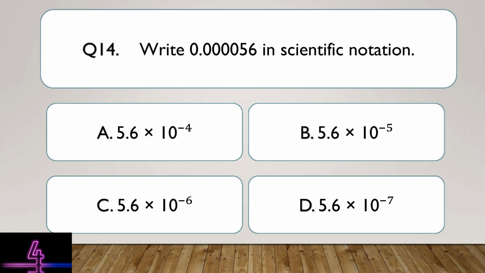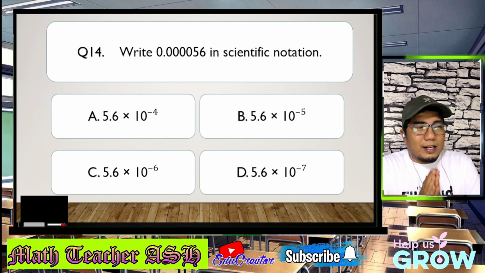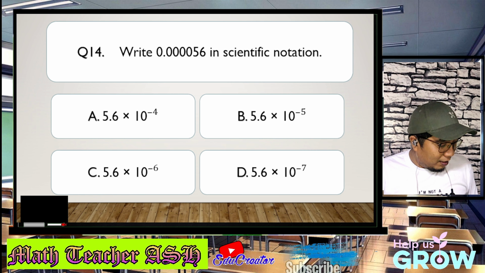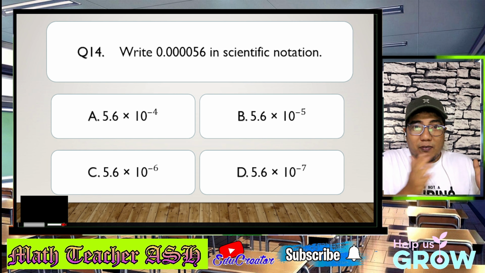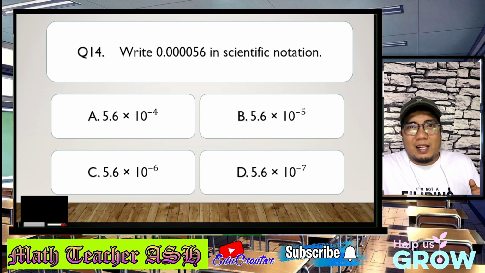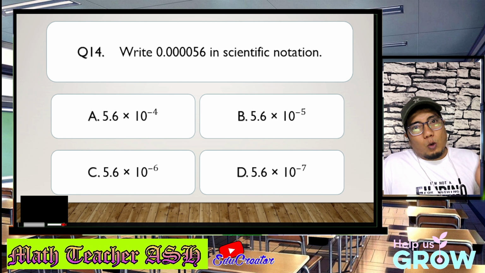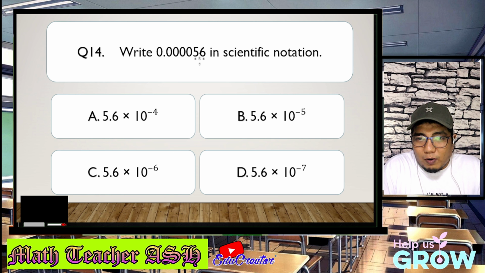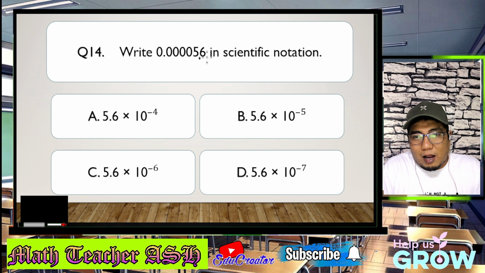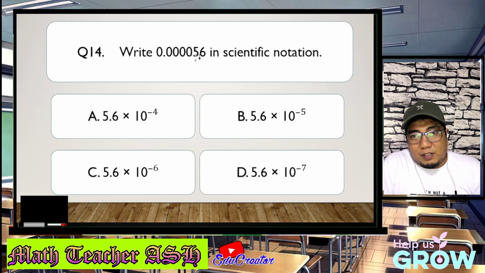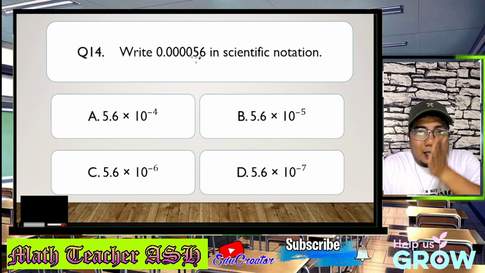5, 4, 3, 2, 1. Alright, my dear math learners, in the context of scientific notation, always remember that when you are writing the significant number of your scientific notation, the value must always be from 1 up to 9 only. So it will never be more than 9, it will never come up to 10, and it will never be less than 1. Given this number, we need to arrive at 5.6, because if we arrive here, that will become 56. If we arrive before the 5, that will become 0.56, which is less than 1. So we should be in the middle of 5 and 6.